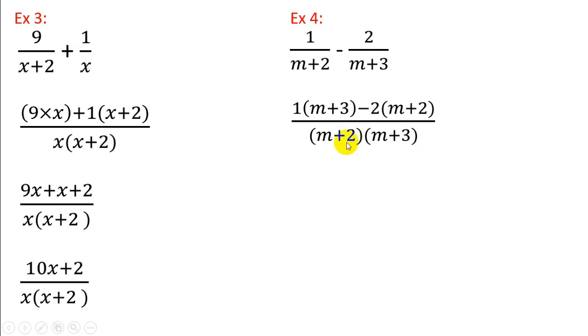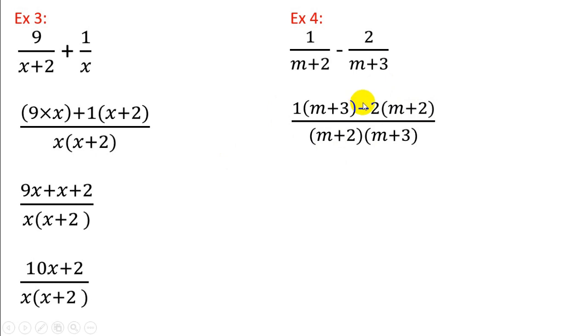Those are the two terms that come under the denominator as the LCM. Then again, m plus 2 into m plus 3, you divide by m plus 2. So the remaining term would be m plus 3. That m plus 3 we multiply by 1. Similarly, m plus 2 we multiply by m plus 3, where we divide by m plus 3, so we remain with the term m plus 2 over here, that we